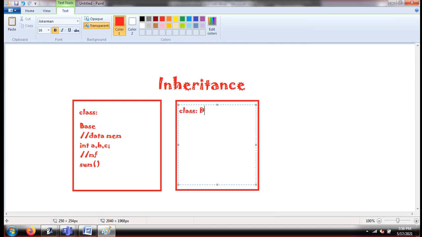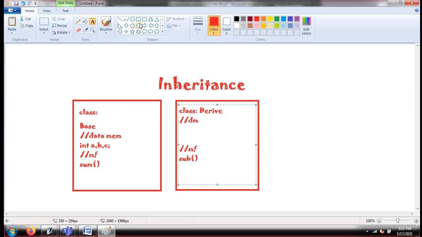Now guys, I'm going to design a new class because this is a new assignment I have got, and I'm going to name it derive. In my data members I'm not doing anything, but in my member function I'm writing the extra thing that we have not done in base. I need to do subtraction, so I write subtraction only.